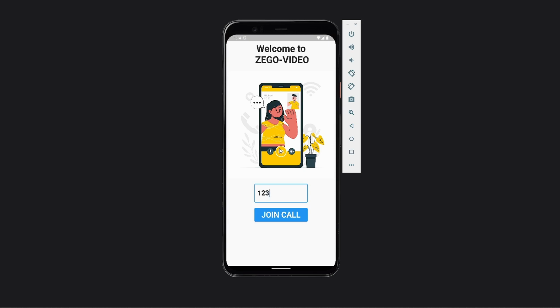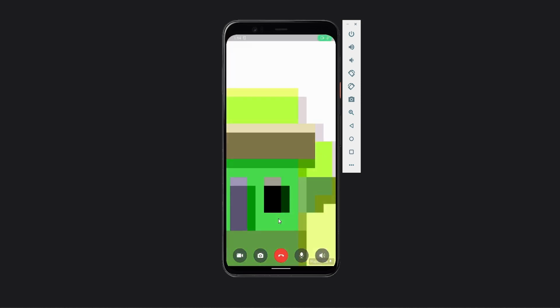So what I'm going to do is also enter the same on my physical device, and I'm going to hit join call. And on my physical device, I'm also going to hit join call. And as you can see, the two devices are connected. I'm going to mute my mic here so that it doesn't interfere. So I'm going to flip my camera